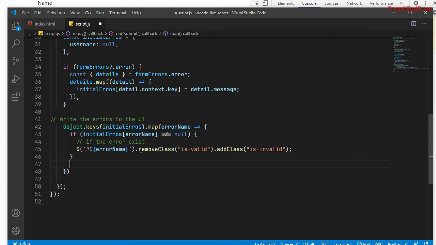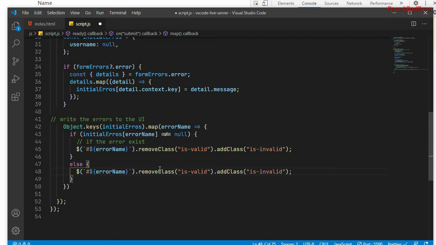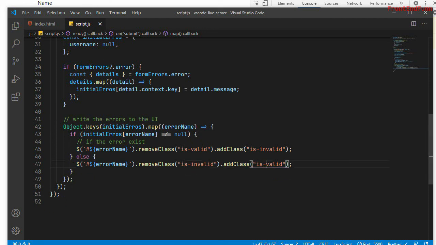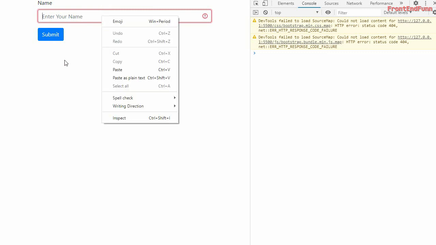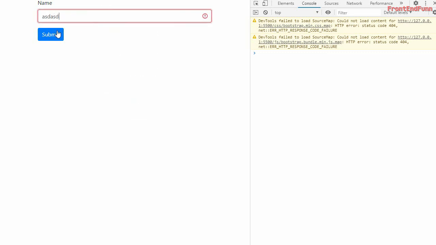Else we need to do the reverse. We just need to remove the is-invalid class and add the is-valid class. So let's give this a try, and if I submit, as you can see, the invalid class is added, and if I write something and click, as you can see, the valid class has been added.